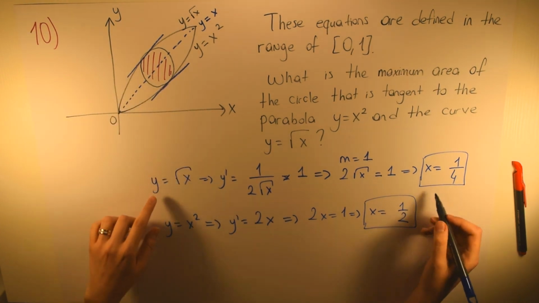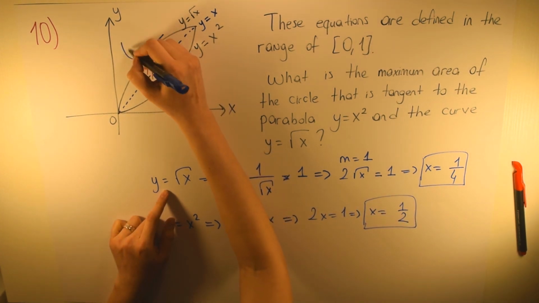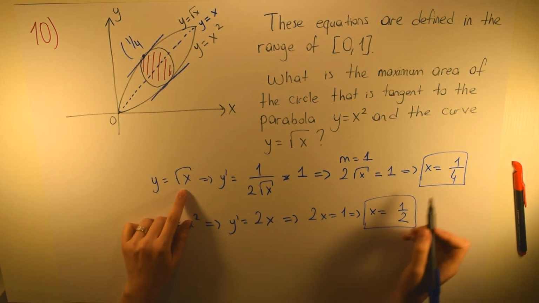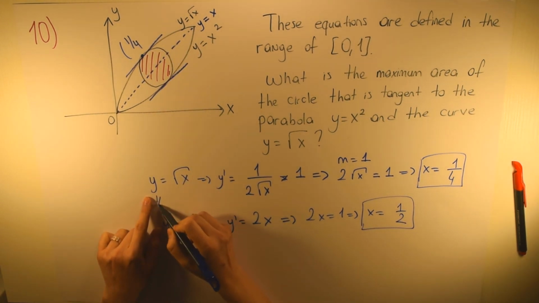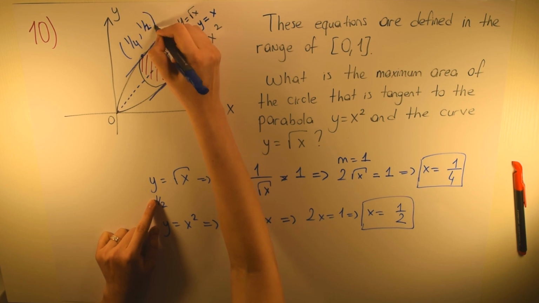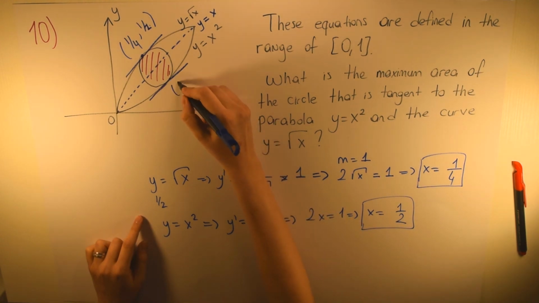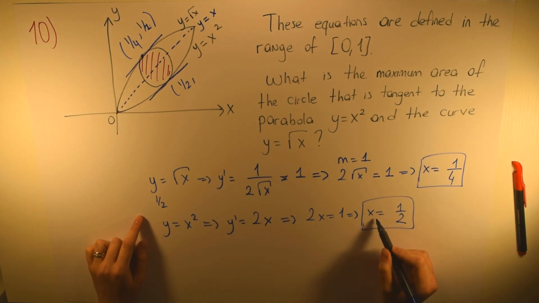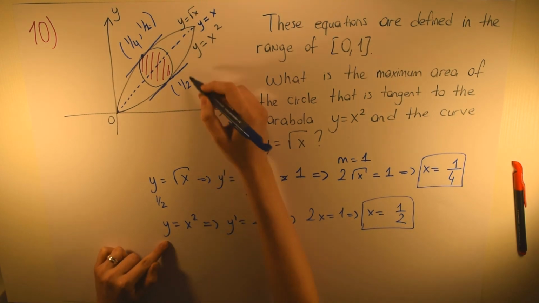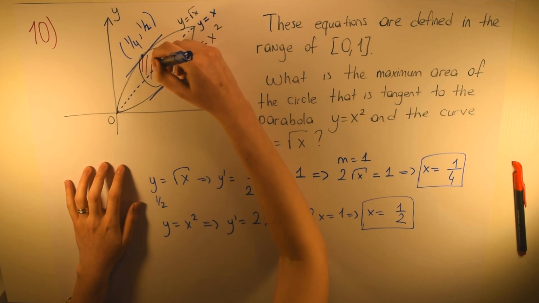So we said that for this one, x is equal to 1 over 4, right? So here, x is 1 over 4. So when x is 1 over 4, y is equal to 1 over 2, right? Yes, it's 1 over 2. So it's 1 over 4 and 1 over 2. Okay, so let's look at this one. Here we find the value of x is equal to 1 over 2. So when I put 1 over 2 instead of x, y is equal to 1 over 4, right? Yes. Now this is the center of the circle, okay,